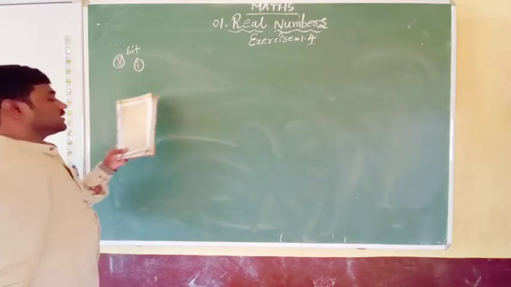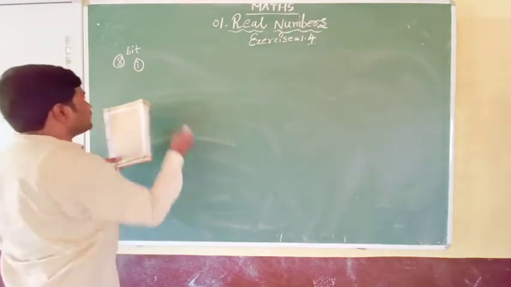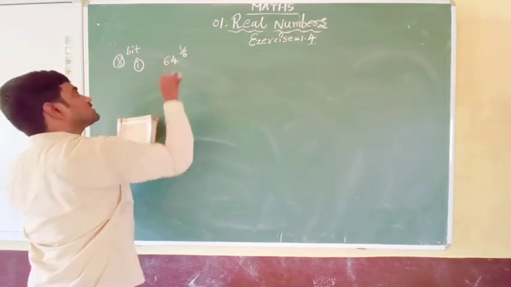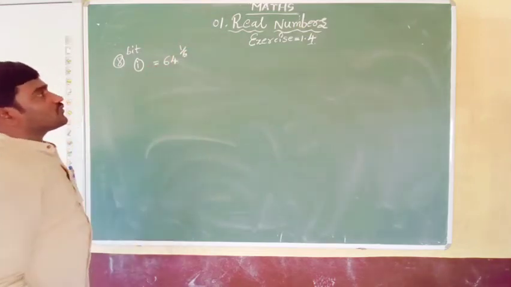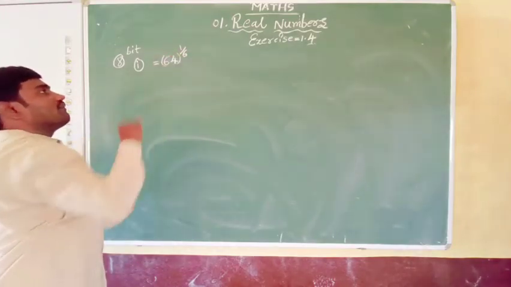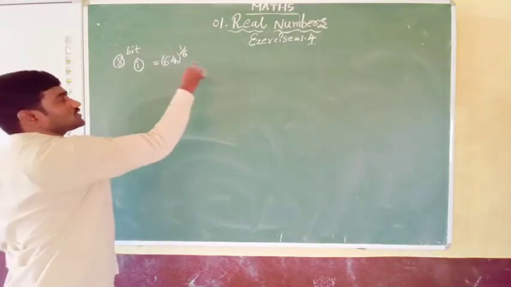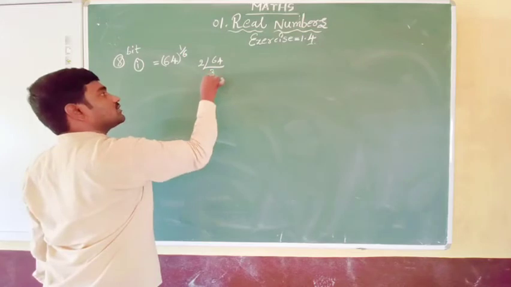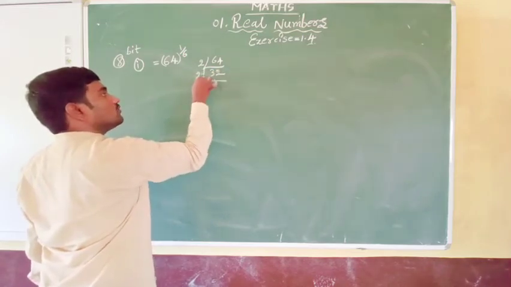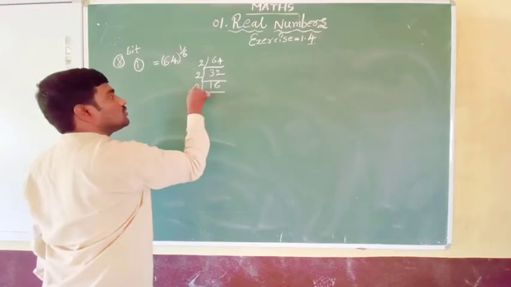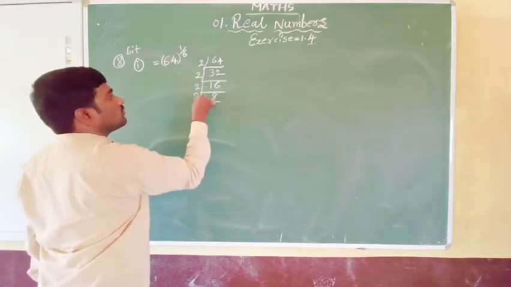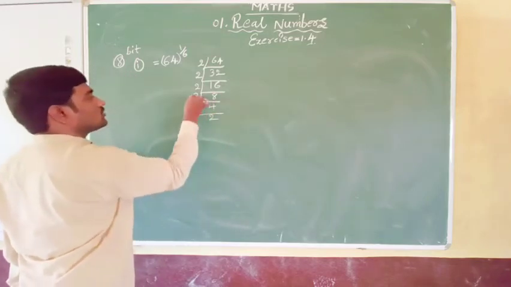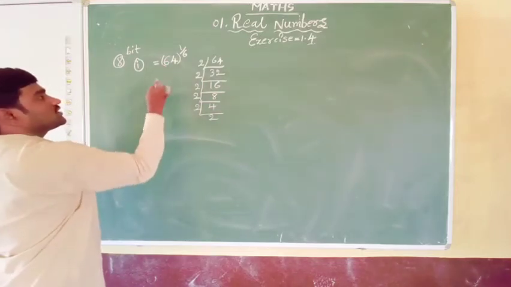First one. What we need to do is find the value of 64 to the power of 1 by 6. So let us see, 64 all to the power of 1 by 6. First of all, we will factorize 64. Let us see how we can write it. 2 32s are 64, 2 16s are 32, 2 8s are 16, 2 4s are 8 and 2 2s are 4. 1, 2, 3, 4, 5, 6. That means here 64 we can write.